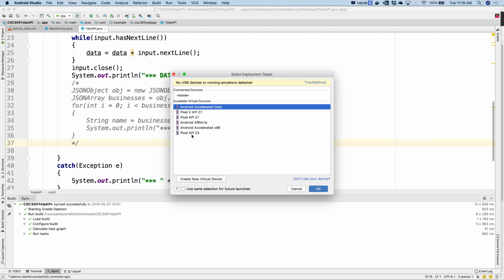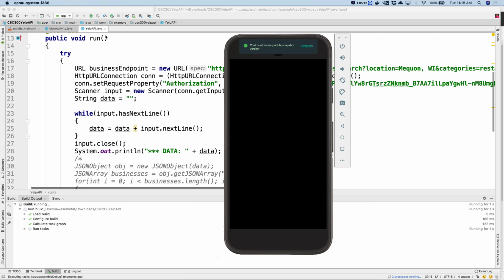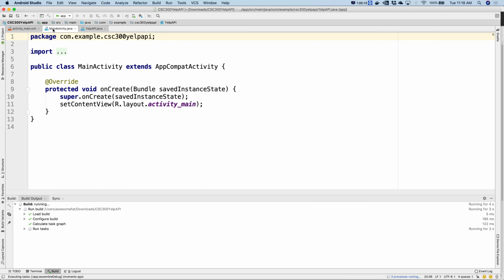Does it just run automatically? Do we have to call run somewhere? Probably need to create my thread inside the main activity. So I've written this object here. We'll let our